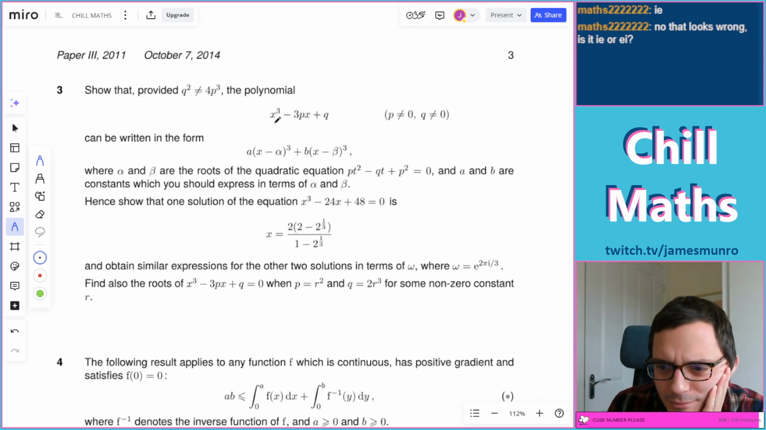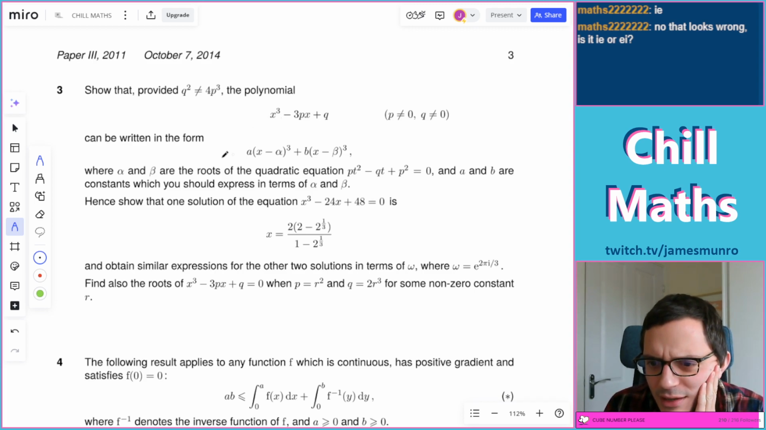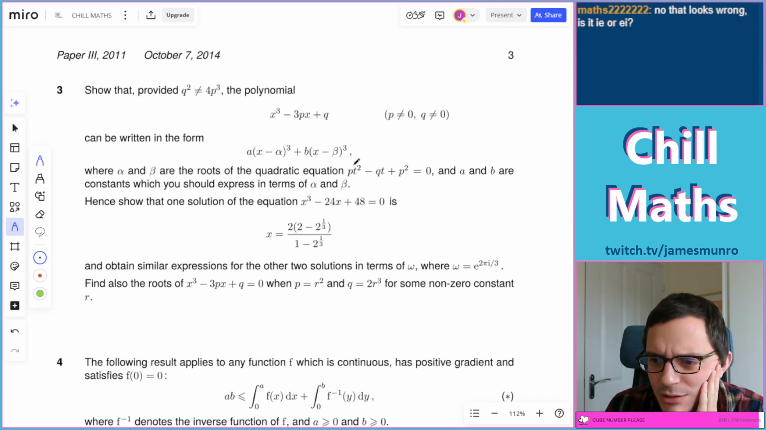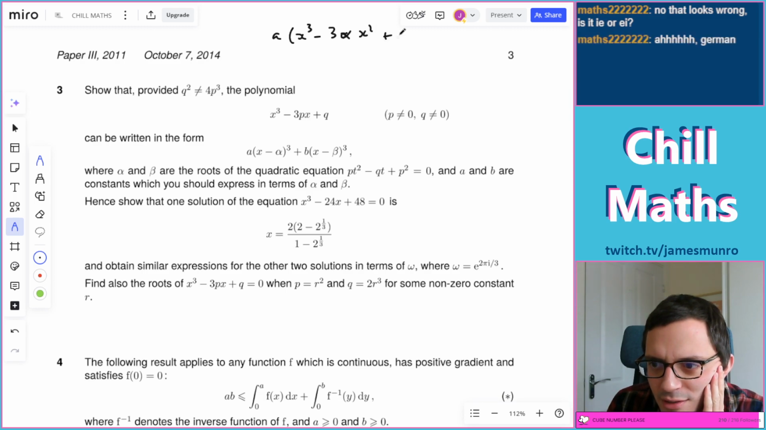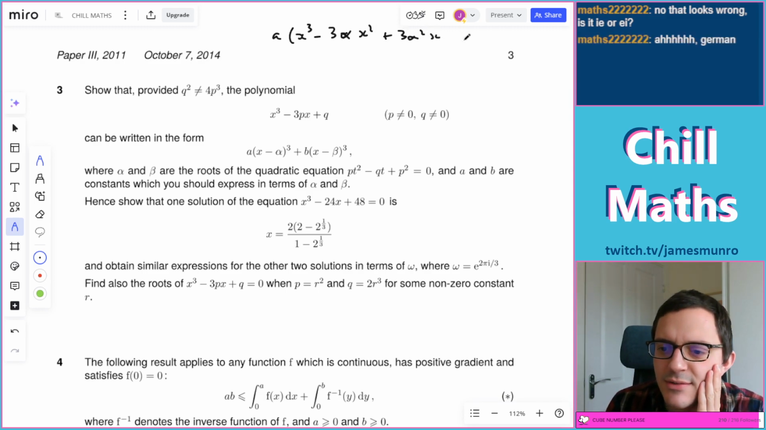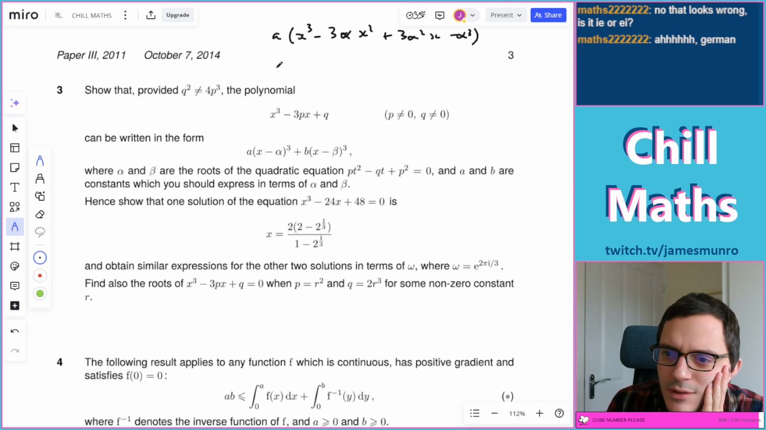Okay. I'm gonna see what's going on here. Alpha and beta are roots of the quadratic equation like this. Actually, maybe this seems boring and I should do the next part. No, okay, let's keep it going. Let's see if I can do this. 3 alpha x squared plus 3 alpha squared x. I think there's something here about